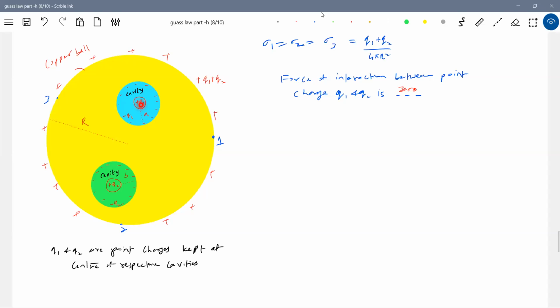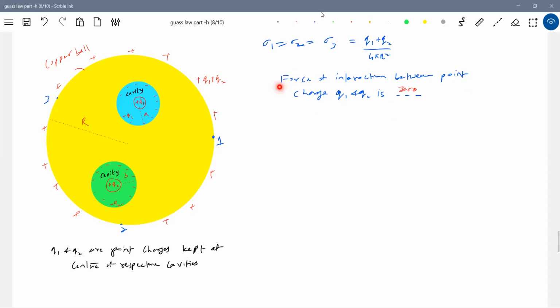Similarly, if I ask you what is the energy of the system, here also the same method. But you should not write any interaction potential between them. So treat it as if only this cavity is present and this charge, and write the energy. Treat it as if only this is present. This Q2 is present at the center of its cavity and this charge here, then write the final thing. Okay, all of this is very important.